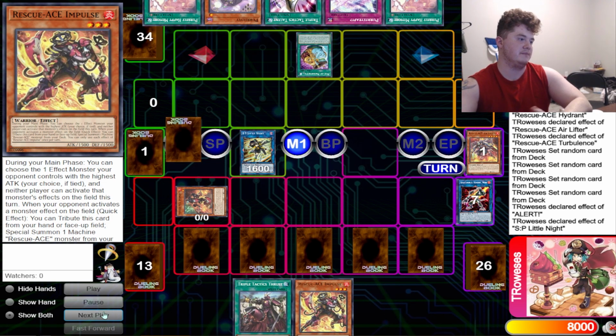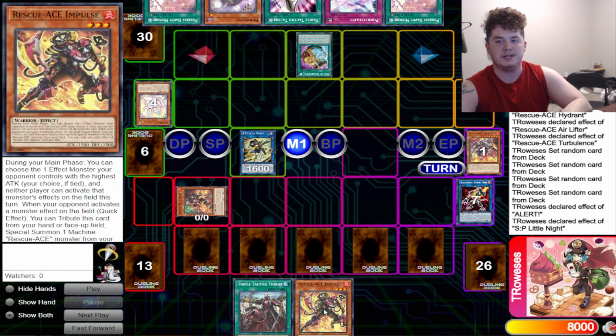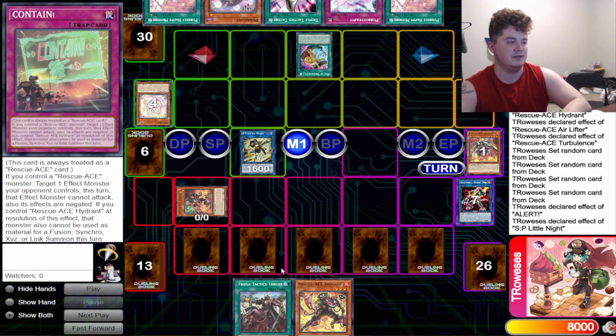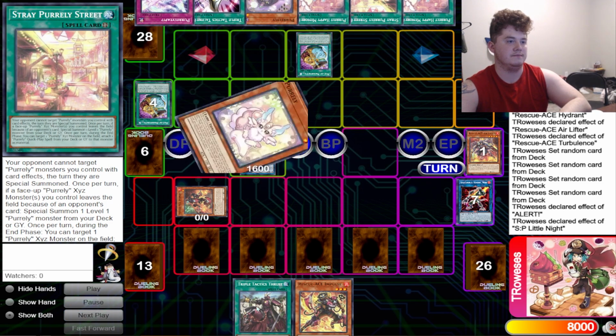Just doing the safest play possible. It's weird because I had Thrust, so I try to play into a monster, because if I can get D-Barrier for 2 turns, I'm gonna do it. In this build, I'm playing multiple D-Barriers, and D-Barriers literally just skip a turn versus Purrley. But yeah, I'm just gonna...